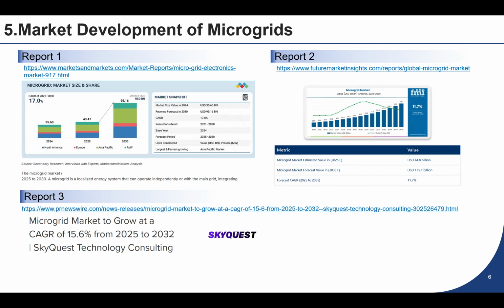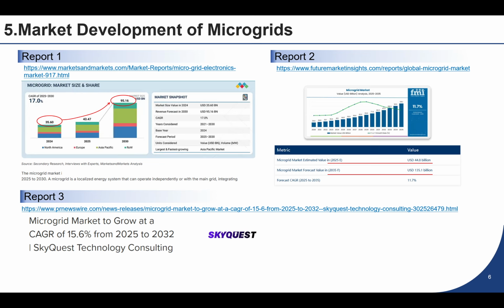Now let's look at the market development of microgrids. In recent years, the global microgrid market has entered a period of rapid expansion. From the first report, the microgrid market size is projected to increase from around $35 billion in 2024 to nearly $96 billion by 2030. Similarly, Future Market Insights forecasts that the global microgrid market will reach $45 billion in 2025 and grow to